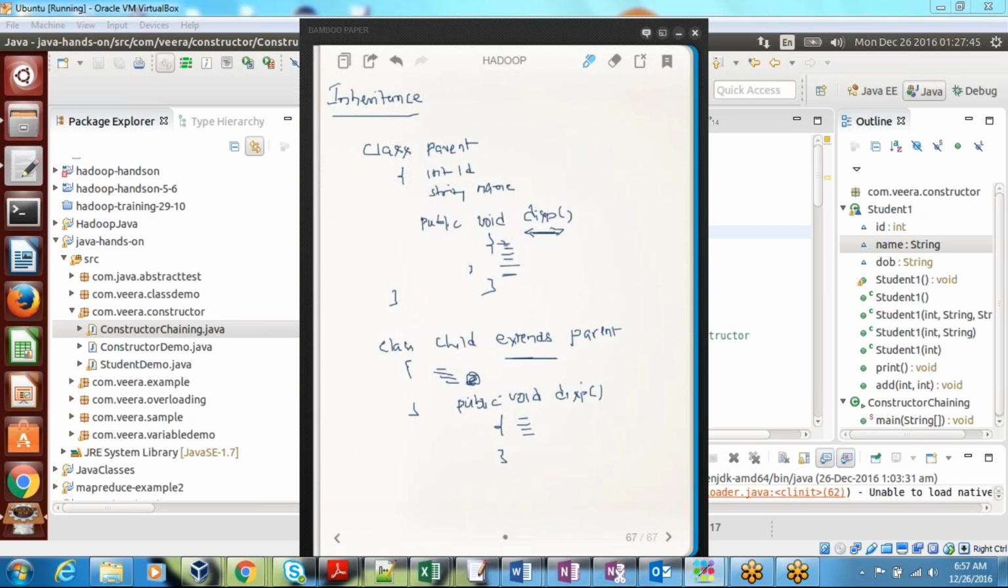Overriding is similar to overloading, but overloading happens within the class. Overriding happens outside the class, in the child class. The override concept comes into the picture when you have a parent and child relation. The overload concept comes when you have a single class. There the number of parameters has to be different, but here the number of arguments has to be the same. The name should be the same, the return type should be the same, and the access modifier can be